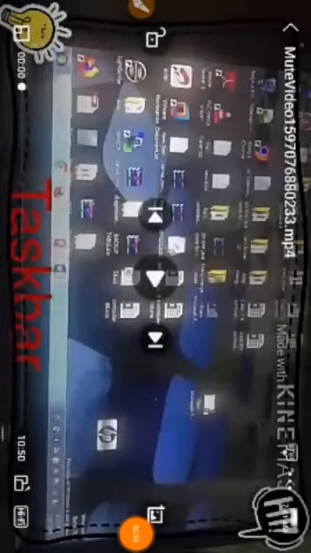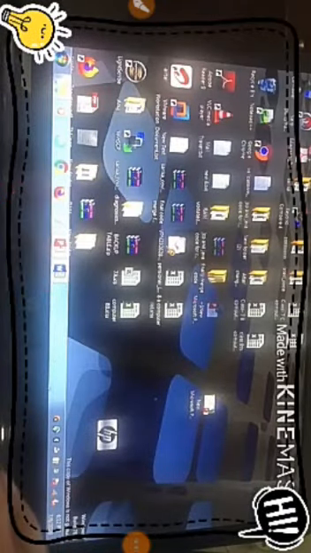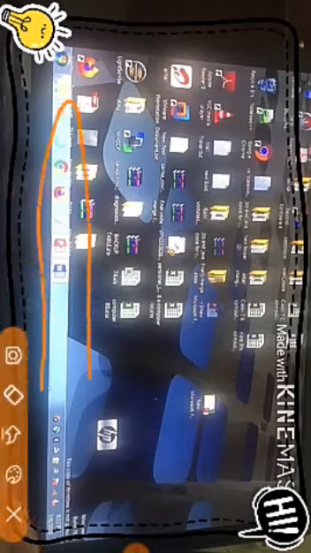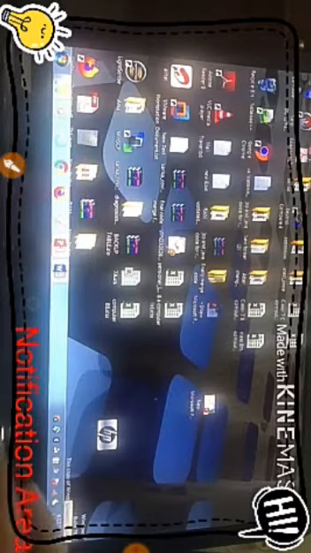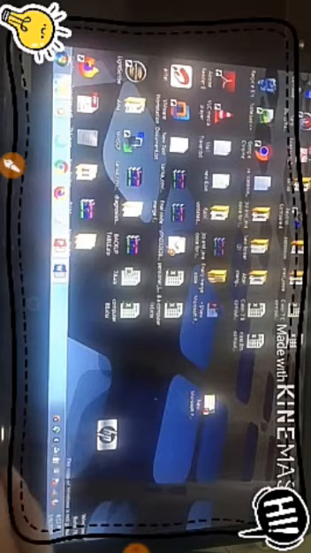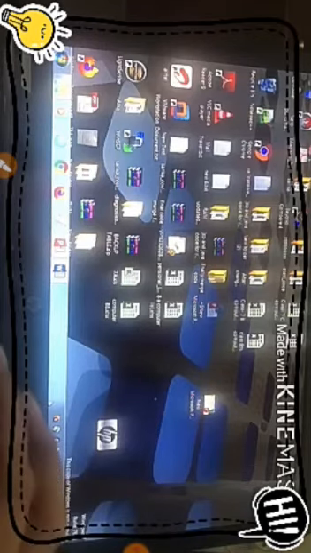Today we are going to start from the topic of taskbar. Okay, so from the topic of taskbar, today we are going to see one by one. If you observe over here at the bottom, this line is your taskbar, where you will be having your quick launch bar, where you can easily launch the items quickly, and over here is your notification area, which is basically used for notifying regarding your date, time, clock, and if you have a net connection. All those things are told with the help of this side on the right hand side.